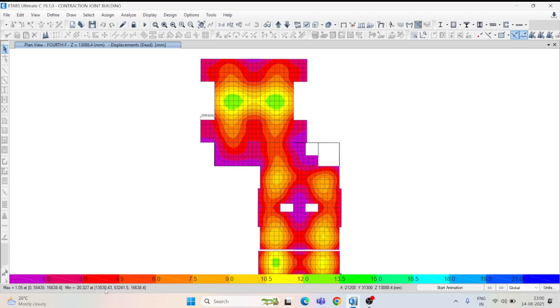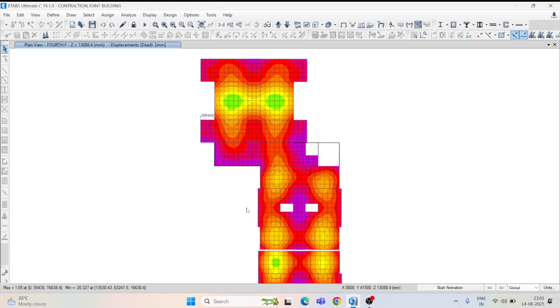See, this is x, this is y, and this is z. In the case of ETABS, the vertical is z only, but in the case of STAAD Pro, vertical is y. So here you have to see at which level, 16638.4 mm, the maximum deflection is 20.32.